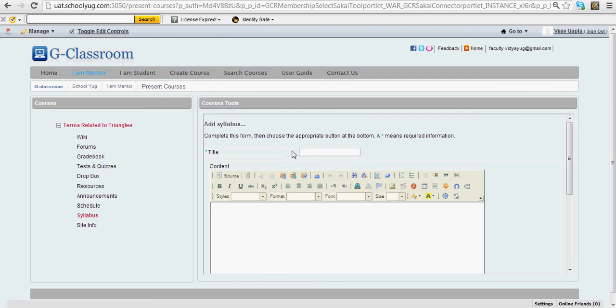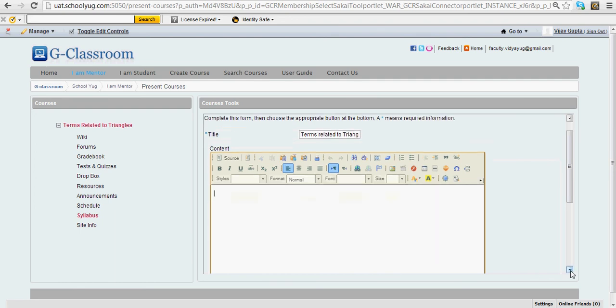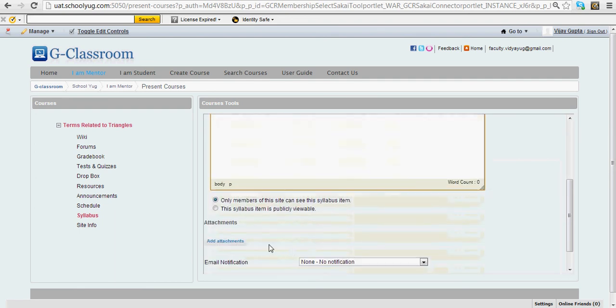we get the screen for adding the syllabus. Let us give the title as terms related to triangles. In this window we can enter the syllabus list, or you can attach the file containing the syllabus list.